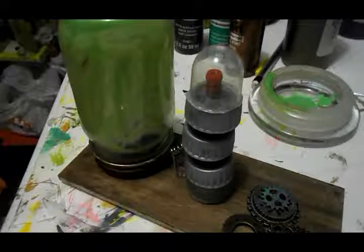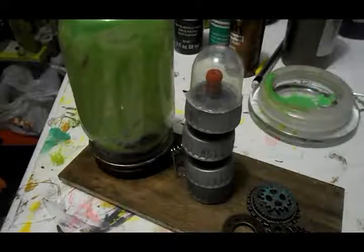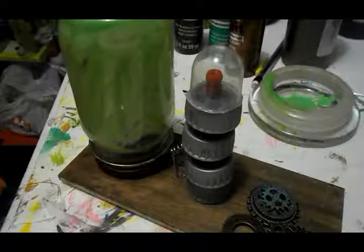So there you are, a steampunk lamp for the next part of our steampunk month of...